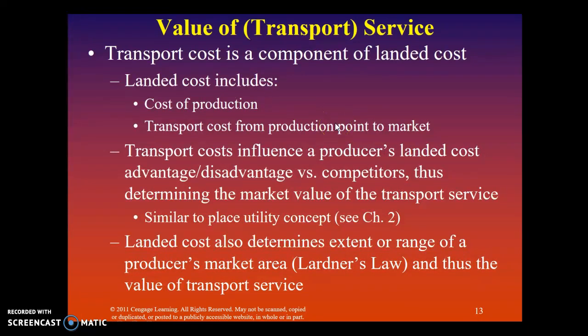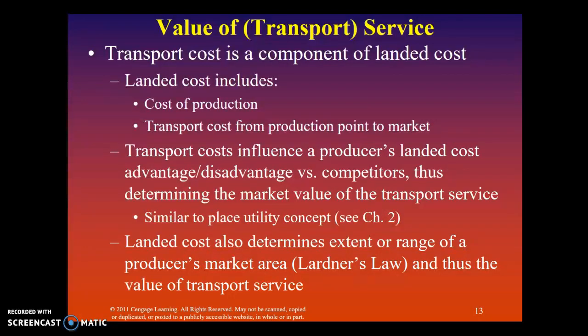When we think about price elasticity, we're also going to think about value. When we think about transportation costs, we look at things like landed cost: how much does it cost to produce something, and how much is the transportation cost from the production point to the market? How much money is that going to entail from point A to point B? We also want to think about the advantage and disadvantage versus our competitors